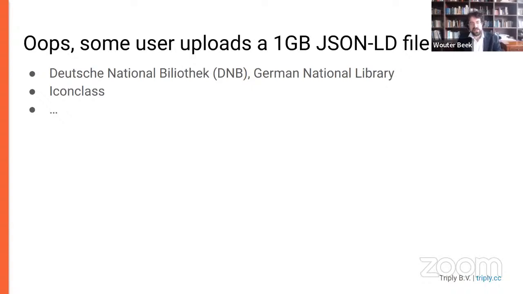And then, we had actually two users who uploaded a JSON-LD file that was really large, like a gigabyte, which is probably very large, assuming JSON-LD was originally intended for more like API communication. But it's very important datasets. So we have the Deutsche Nationalbibliothek, who is using very large JSON-LD files, and also IconClass, which is an important standard in cultural heritage for annotating artworks. So these are not just